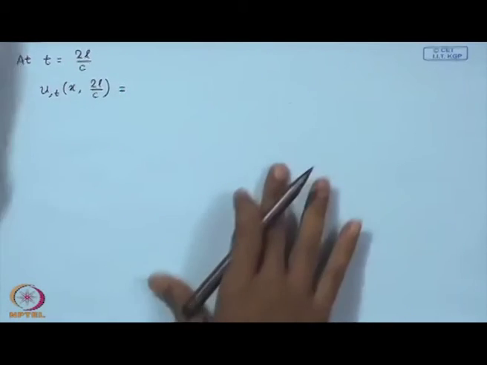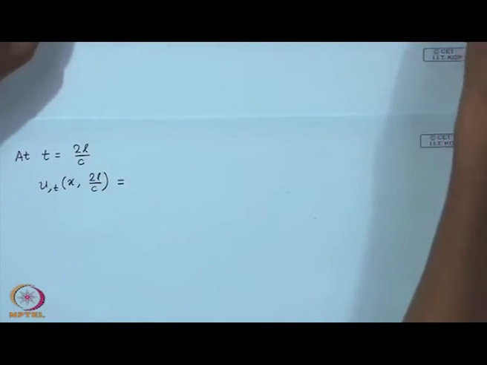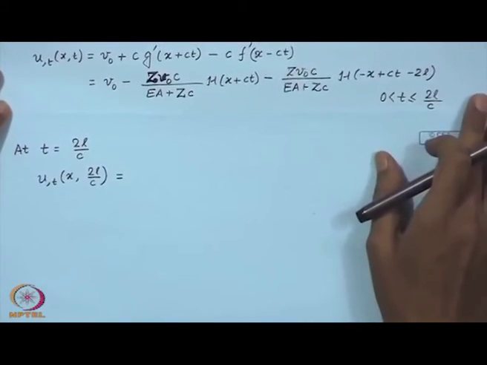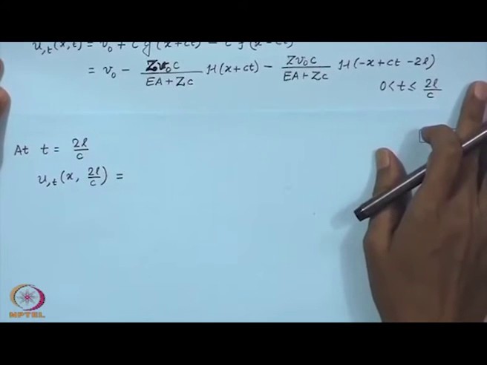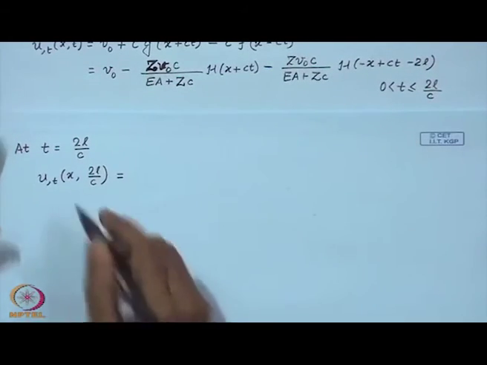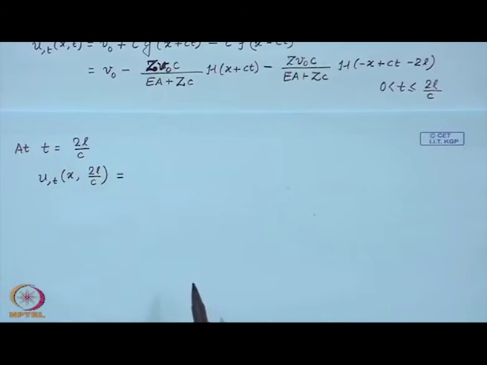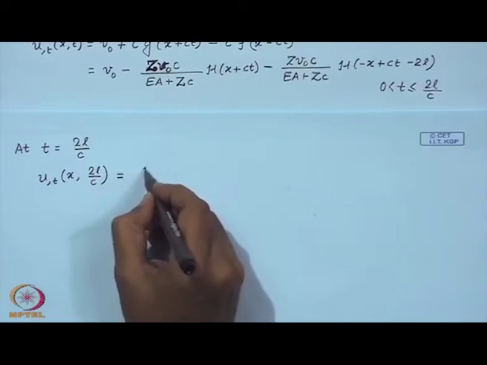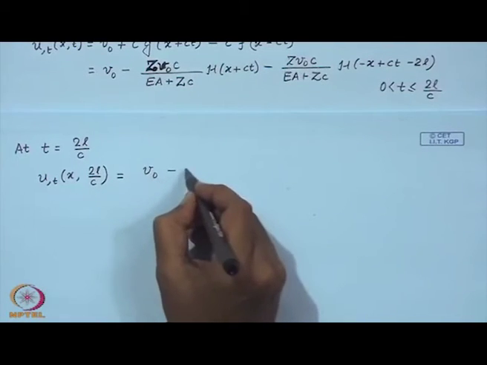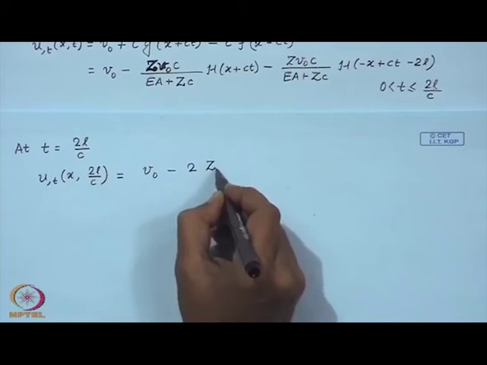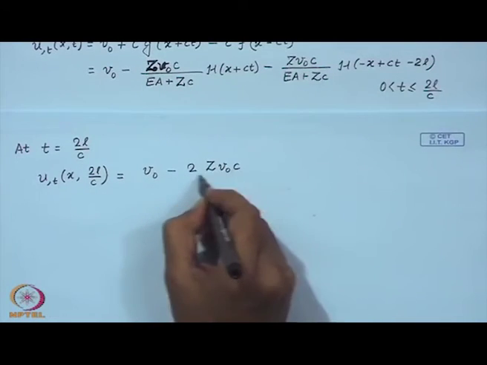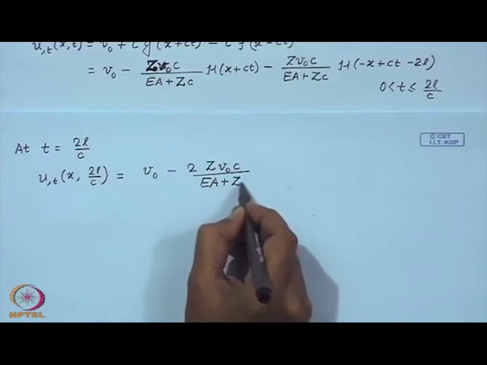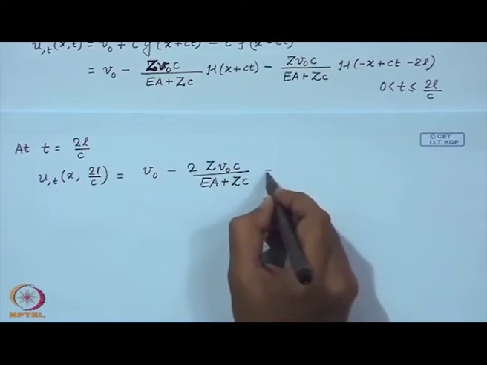So, in this expression, we have the velocity here. In this expression we put this condition of 2L over c, and we can calculate, and that turns out to be